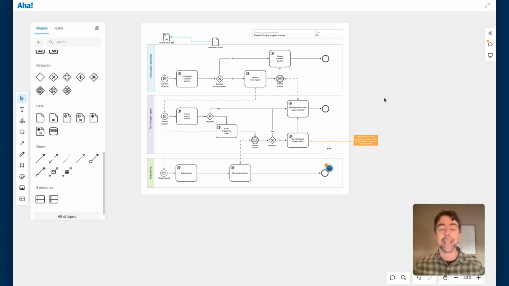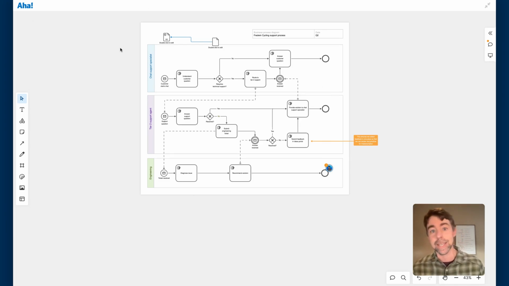Once this is done, I can also publish it to a shared web page or share it in an internal knowledge base so I can align everyone around the same process, which really helps us move forward towards the same goals. And that's it. These are BPMN shapes. They're a great way to document complex things in a standardized way and then move forward joyously without any confusion.